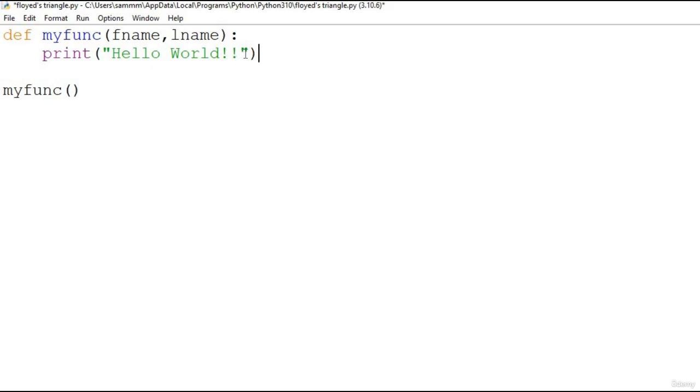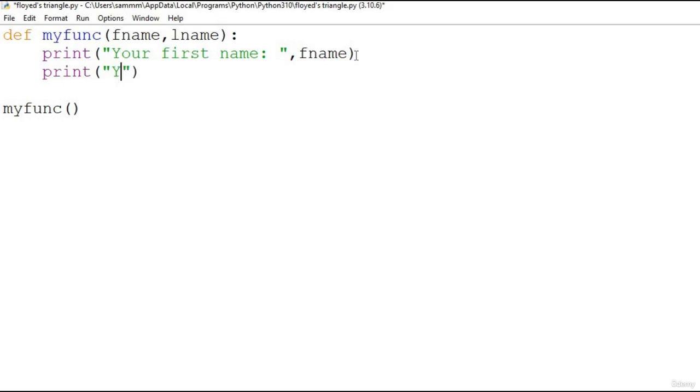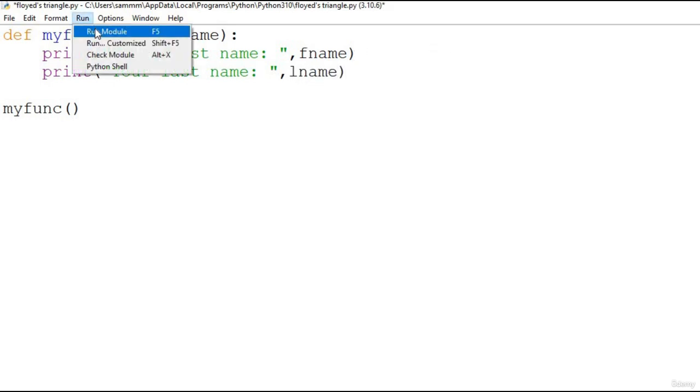Here I want to print the first name, so just "your first name", and type here f name, and then print "your last name" and do the same thing, comma l name, right? It will not print anything, simply just